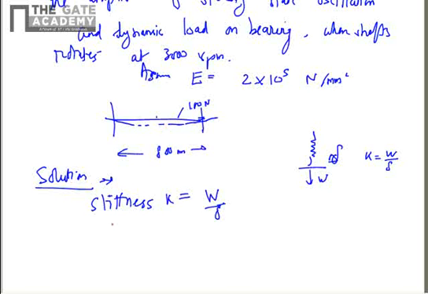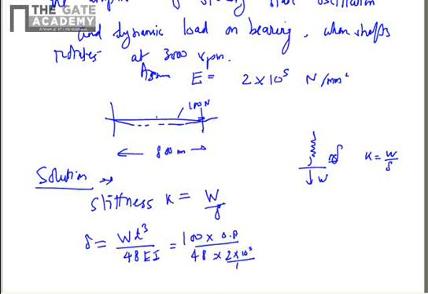From strength of materials, the deflection of a shaft supported between two bearings is delta equal to W L cube by 48 E I. So substitute the value 100 for W, the length is 800 mm, so 0.8 meter, and 48 times E, 2 into 10 to the power 5 Newton per mm square, so 10 to the power 6 here,